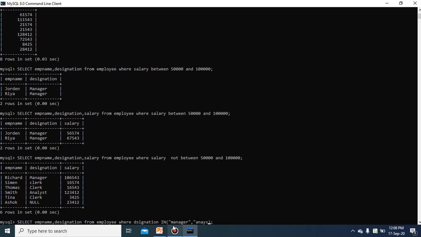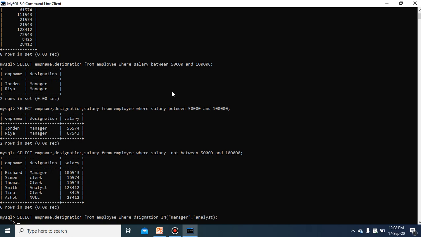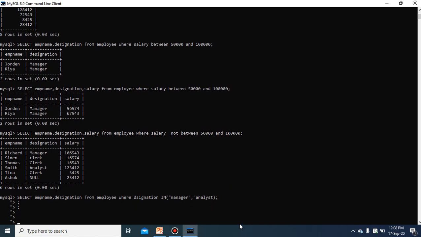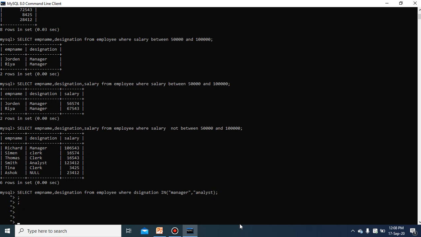You want to see only these employee names, with designation in manager and analyst only. Okay, if you get this type of prompt, then there is only one option: you need to close it, because afterwards no key will work.